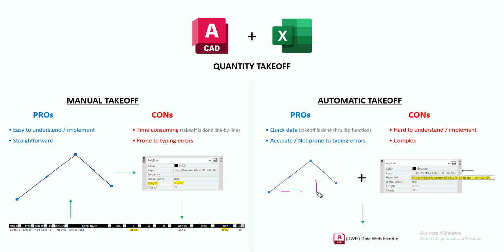Once all our polylines are complete, we just select all our polylines and we apply our LISP function, which is data with handle LISP. So this is a coded LISP function which extracts all your objects and the hyperlink against it. This is a very efficient way of doing quantity takeoff. So just to show briefly,